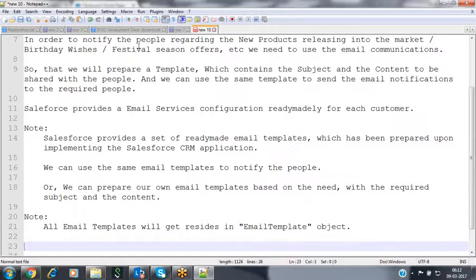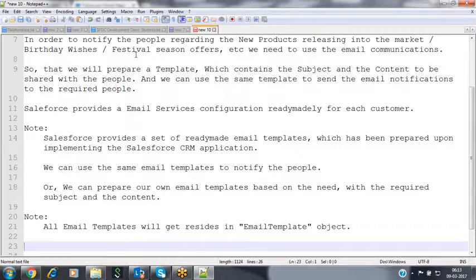Now, whenever you are creating email templates, we are able to segregate those email templates. Why? Because assume that inside a single Salesforce organization, we can have multiple applications. For each and every application, we can have a separate set of email templates. Assume that I have an application, and inside my application I have multiple modules, like an admin module, an HR module, and a finance module. Assume that 3 modules are there.